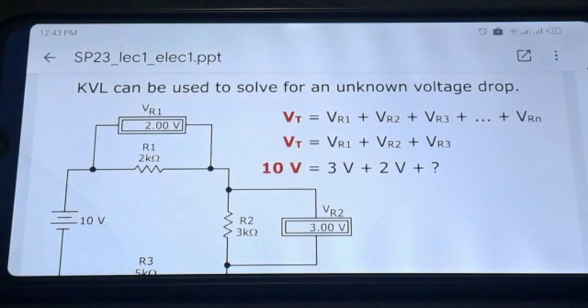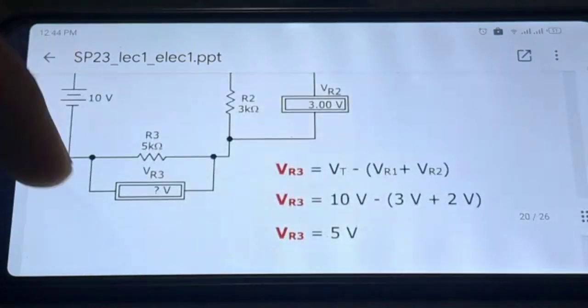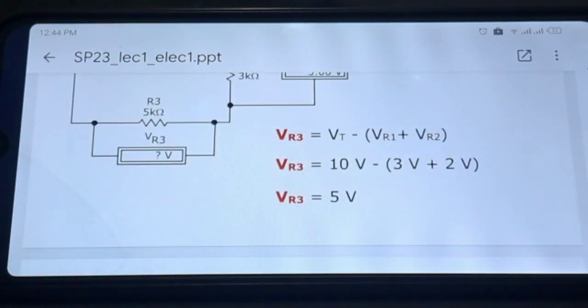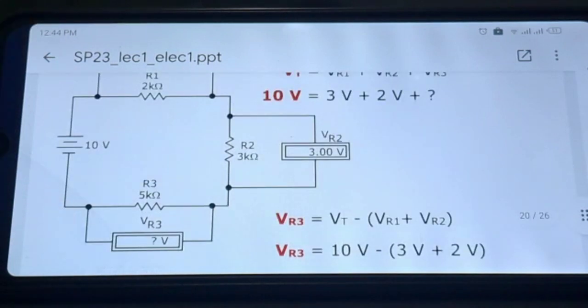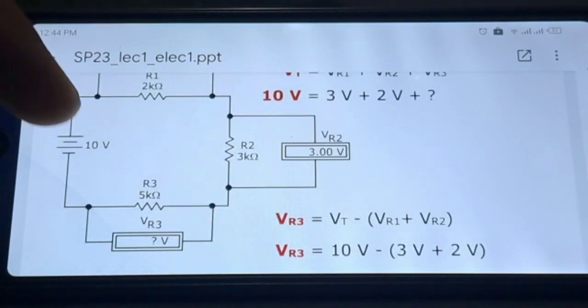KVL can be used to solve for an unknown voltage drop. Here we can see another example which also proves the KVL. The total voltage is equal to the voltage of resistor 1 plus voltage of resistor 2 plus voltage of resistor 3 and so on. The total voltage is 10 volts and resistor 1 and 2 are 3 and 2, while we have to find